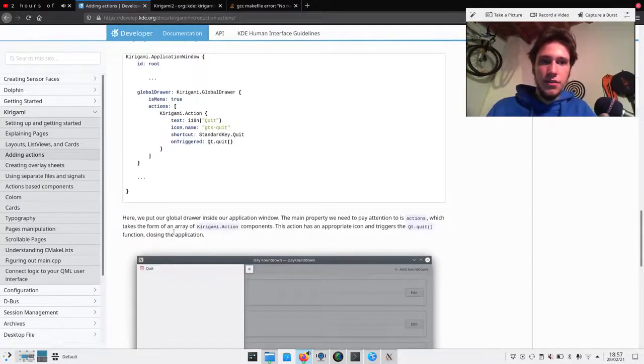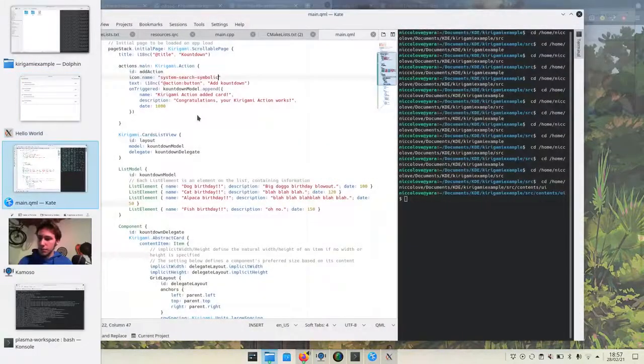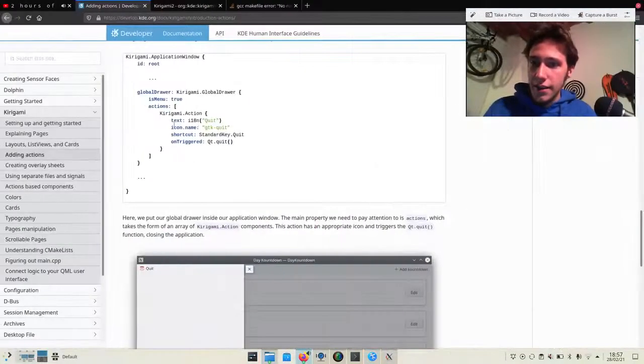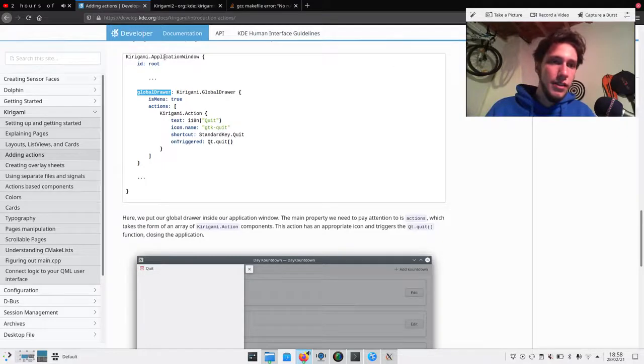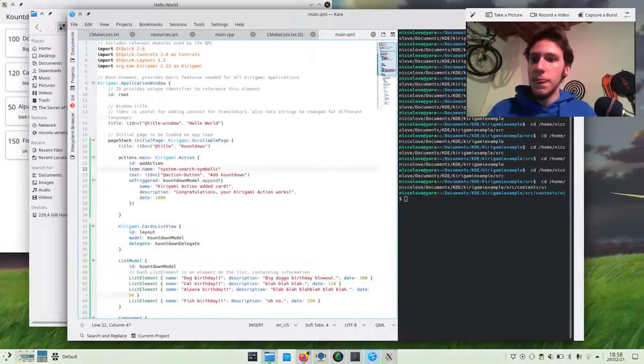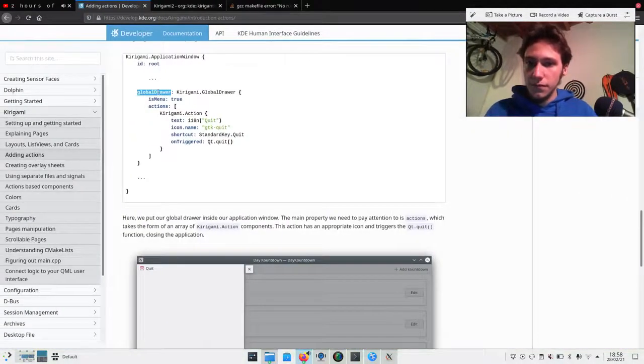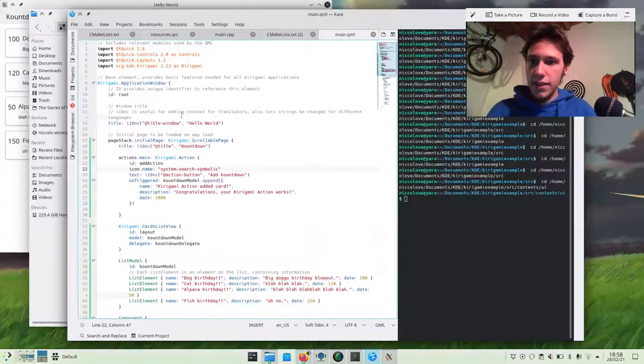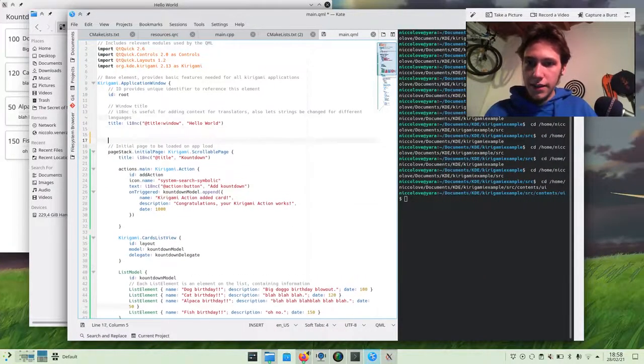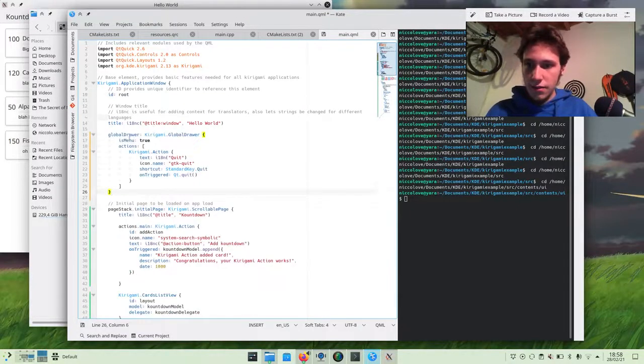So let's go on, and we can add a drawer, as I said before, which is this component which expands from the left. So let's add a global drawer to our code, and it is a property of the application. So whilst the actions are property of the page, in this case we're adding a property of the application, so it will always be there regardless of what page you're in. So let's add this one. Like here. Nice,